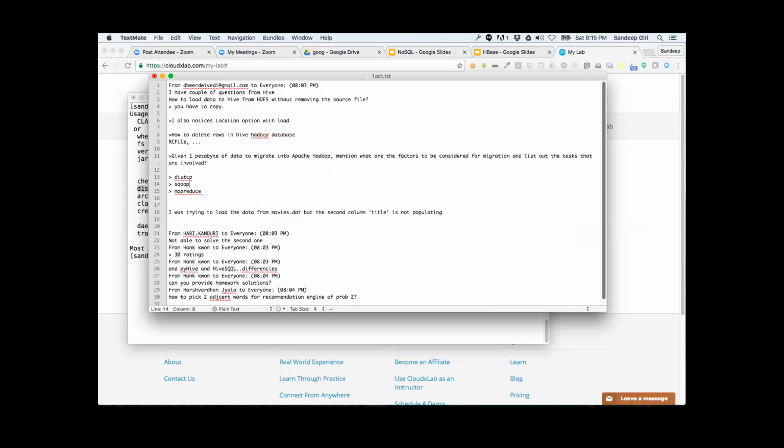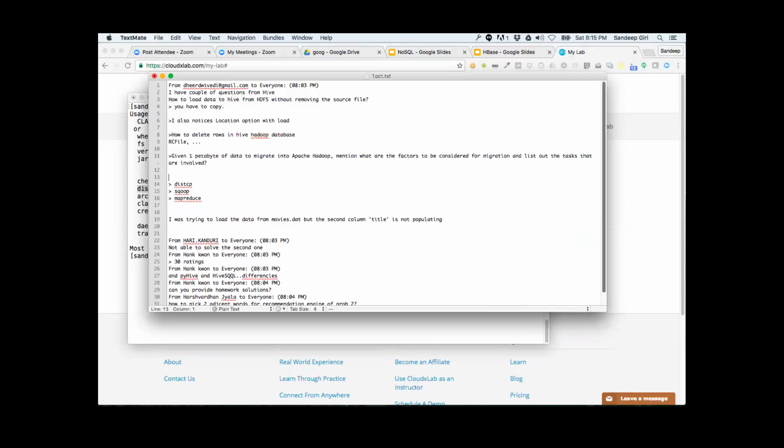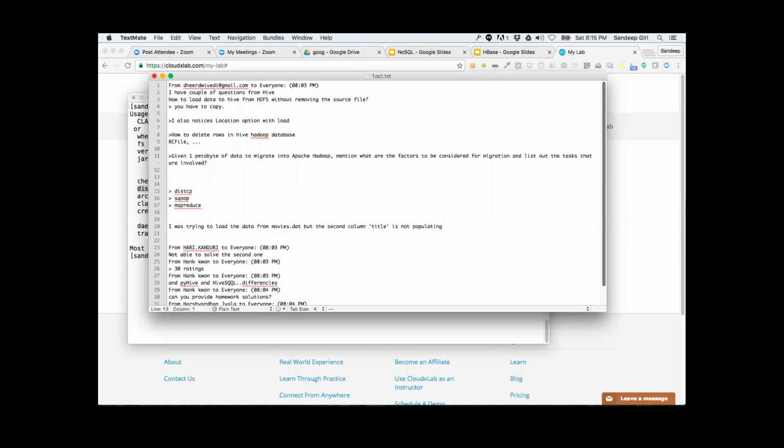So it's a very good question, Dheer. So everybody should pay attention to it. When somebody asks me that, hey, we have got some petabyte of data to migrate to Apache Hadoop, mention what are the factors for migration and list out the tasks that are involved. Now, the first thing you should ask in return is first, find out what kind of data are we talking about? Is all the data in the form of files? Do we want to put the data in HBase or any other database? So get the details